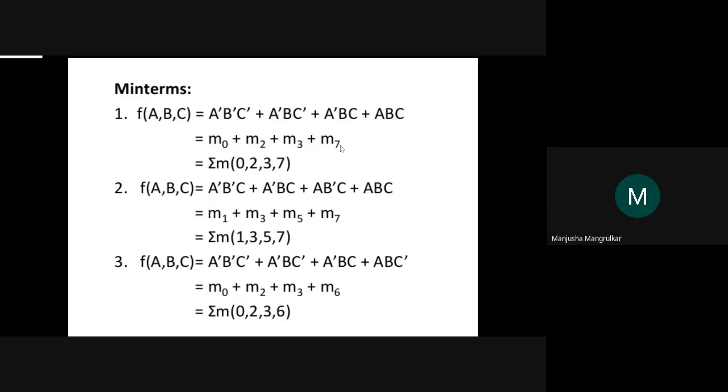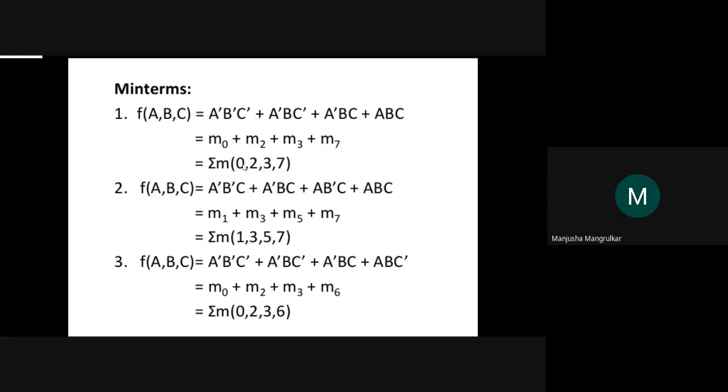Suppose it is a 6, then you should know it is 1 1 0. Complements we represent as 0. A complement means this term is 0, B is not complemented, so it is 1, 1. So what will it stand for? 0 1 1. 0 1 1 means it is a 3. So this is the M3 term. So this is what? Min term. This is defined as a min term, M with a number in brackets.